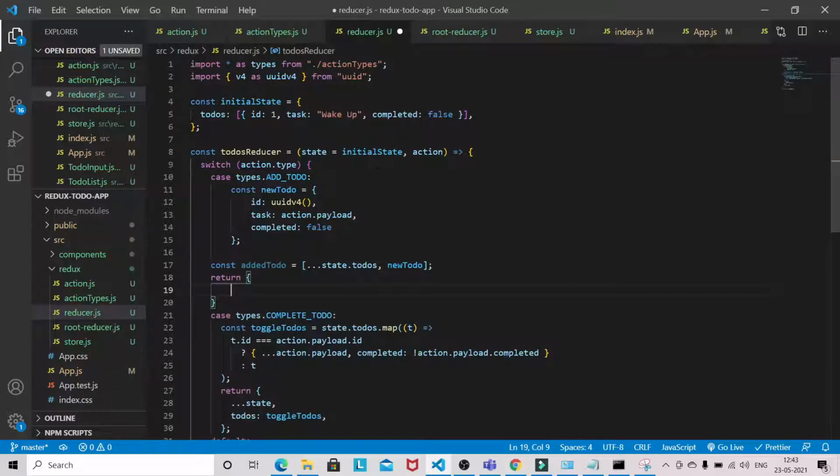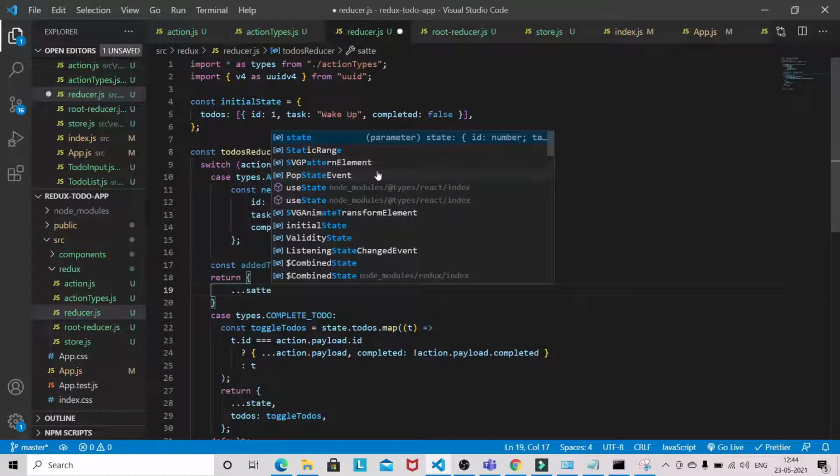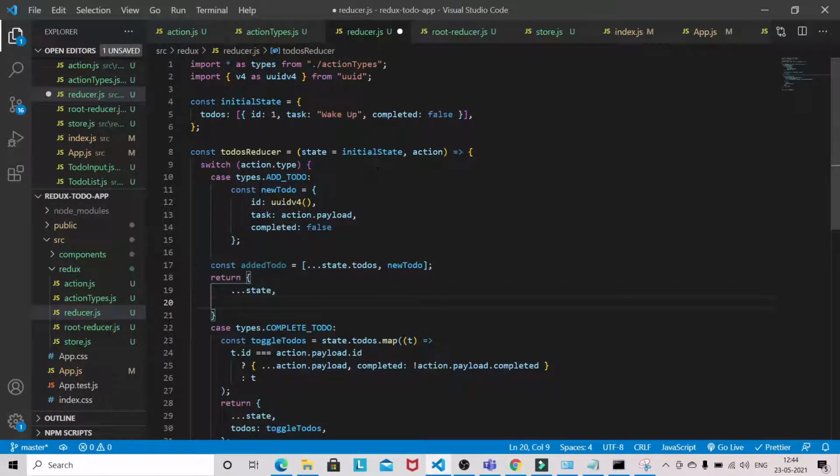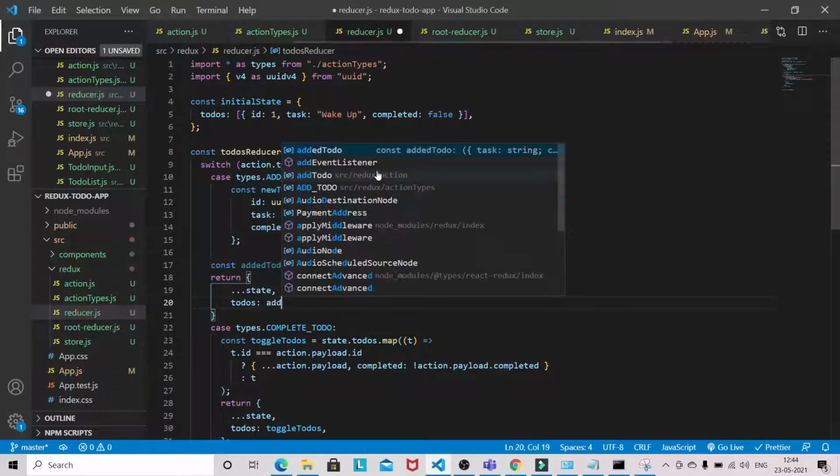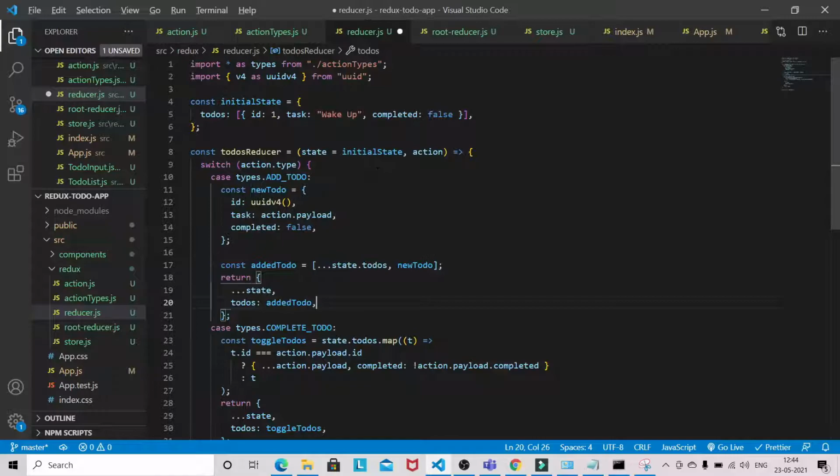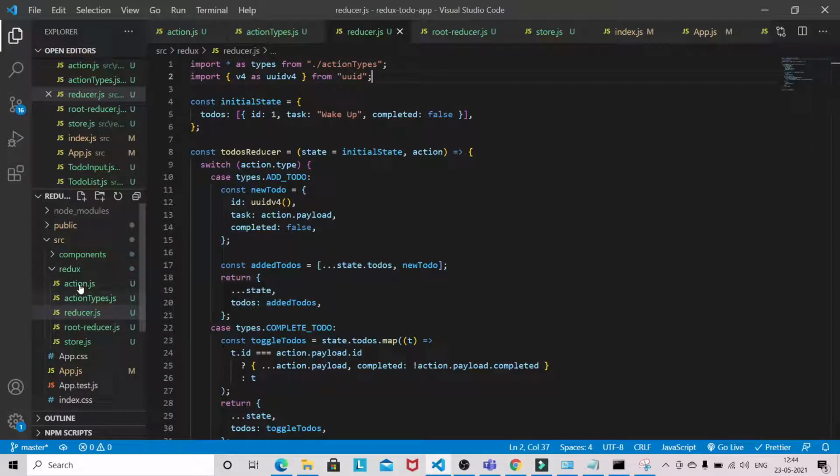Now return state, so to-dos is added to-dos. Okay, so we have done here.